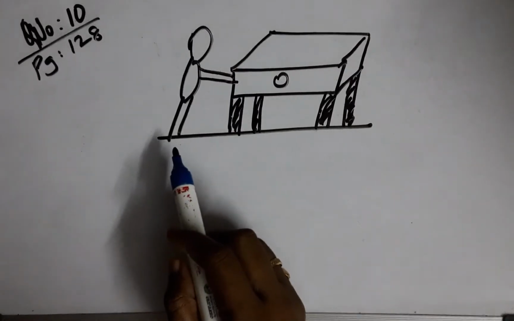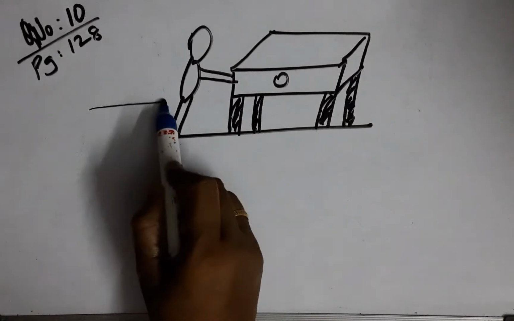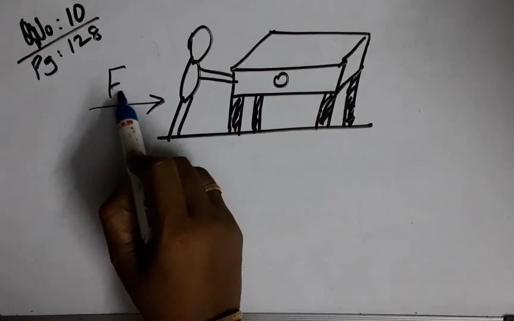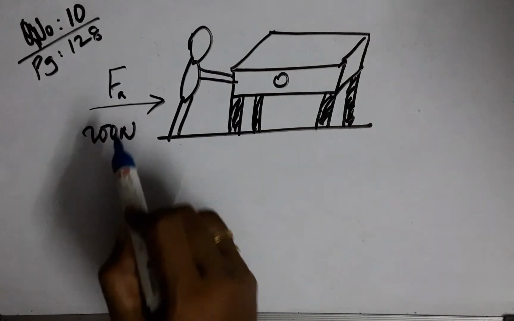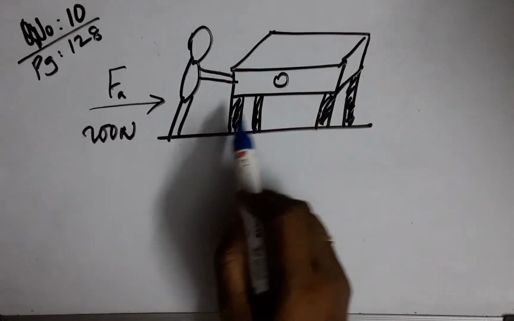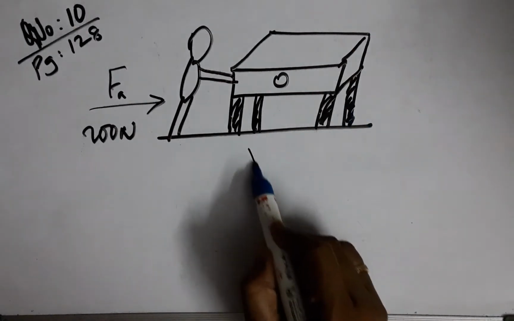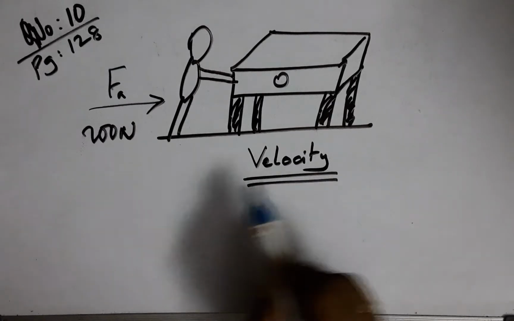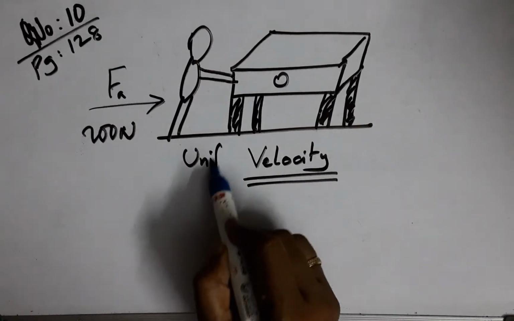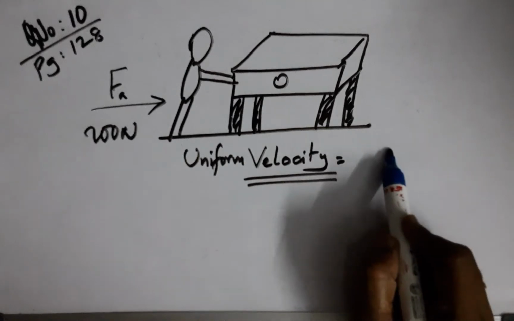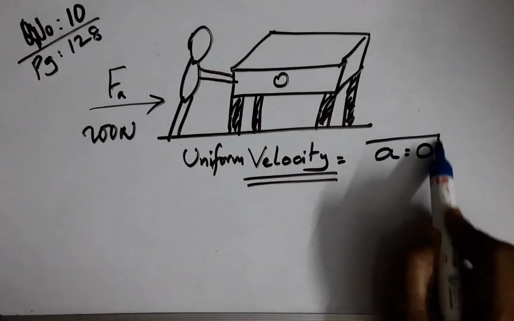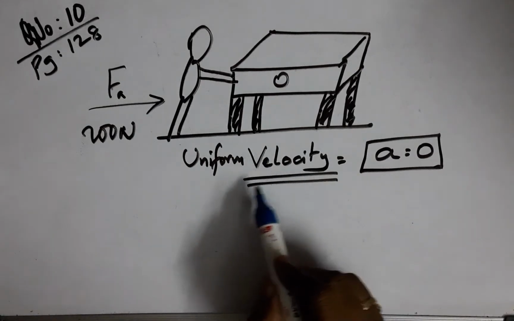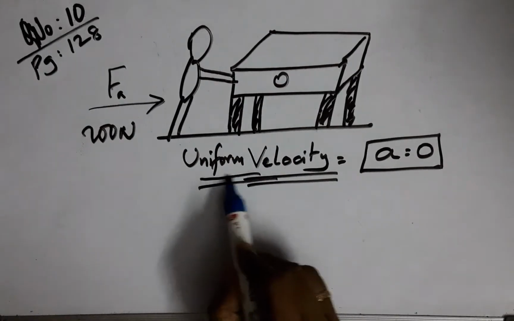The 10th question goes like this. Using a horizontal force of 200 newtons, force applied is 200 newtons, and we intend to move a wooden cabinet across the floor at a constant velocity. That is, the velocity is not changing, which means it is uniform velocity, and which also means that acceleration is 0. You should understand the question with relating the keywords to the very fundamental concepts of physics in this way.